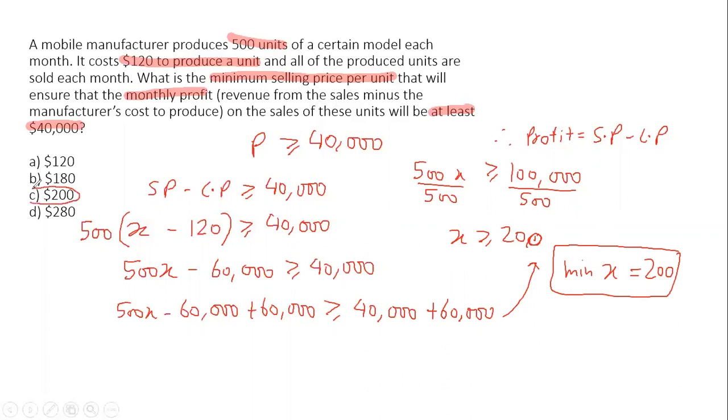That's option number C. So you have to read the problem carefully and you have to understand the meaning of at least. If the profit is at least, that means it has to be greater than or equal to 40,000. So guys, these are the basic aspects that we discussed. If you take care of those aspects, keep on adding, subtracting, multiplying with a positive constant, we are good. But if we multiply or divide with a negative constant, you have to flip the inequality. That's the first aspect. Second aspect, if the product is greater than 0, you know that you have to take same signs. If the product is less than 0, you have to take different signs.